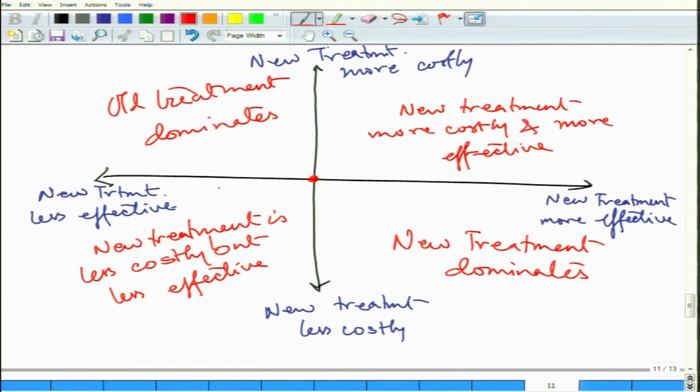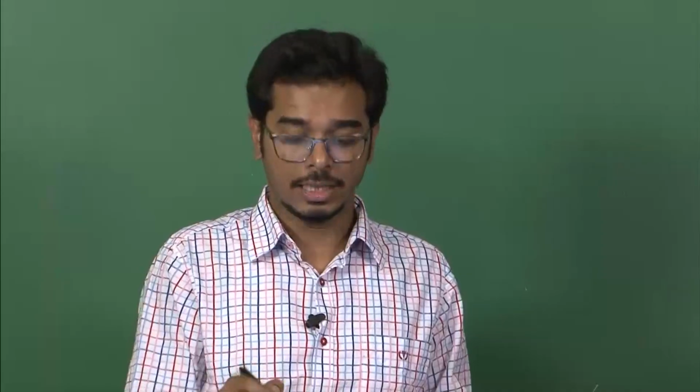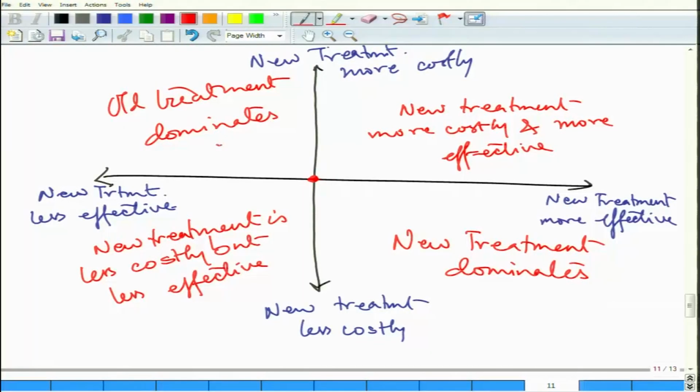because for the new treatment, not only is it less effective, but the cost is also high. Why should I take that? I will stay here, right? So on any of these points, I will never take this decision. That's primarily because it's not only more costly, but my effectiveness is also going down. So I will stick to my old process or old decision. Therefore, what we do, we draw a line